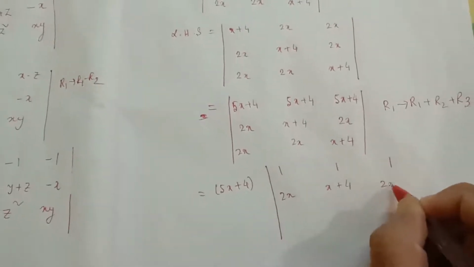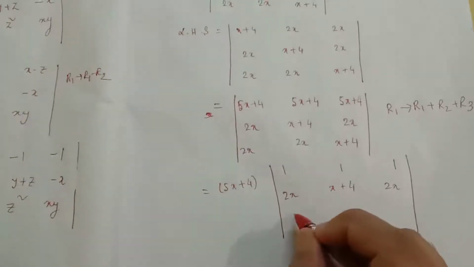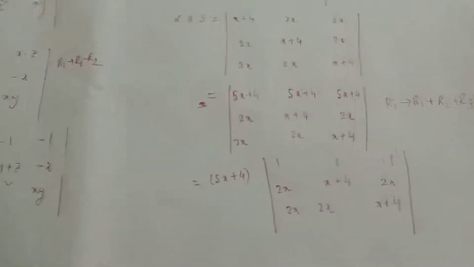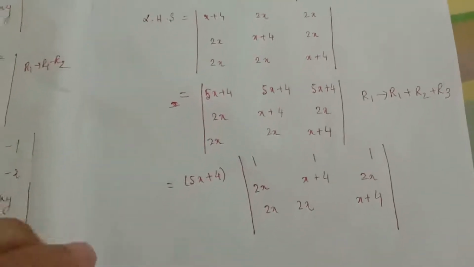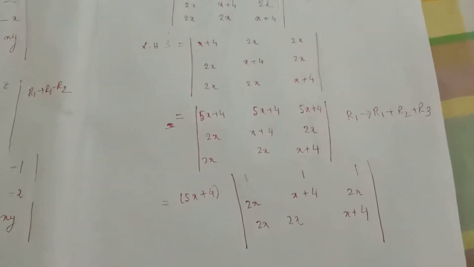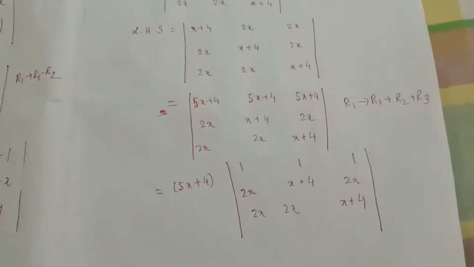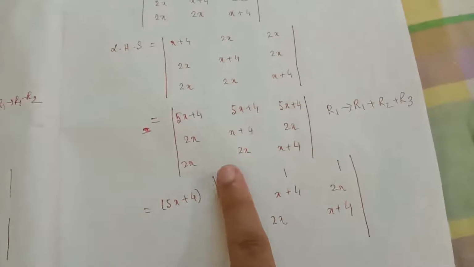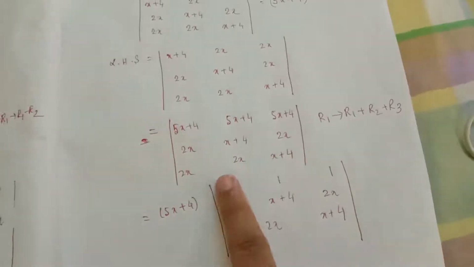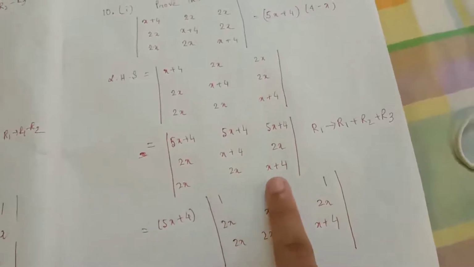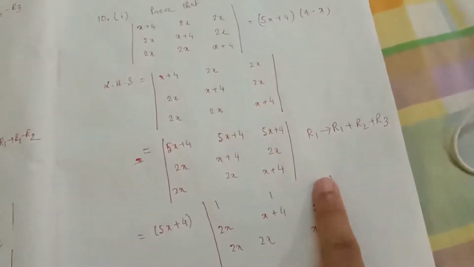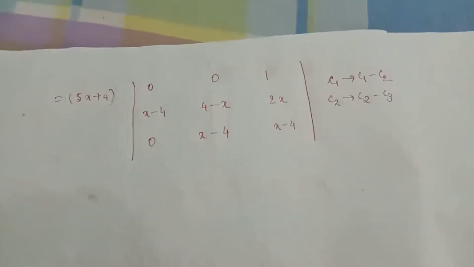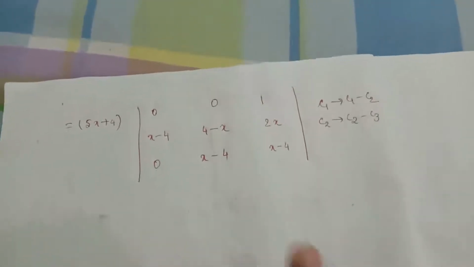So just try to go through the question carefully. What will be the procedure to bring 0, what will be the procedure to simplify the question? Okay, so first you just go through the question carefully. Think about what you can do, what will make the question simple. Now, as there is 1, 1, replacing C1 by C1 minus C2 will give us 0. Again replacing C2 by C2 minus C3 will give us another 0. Okay.